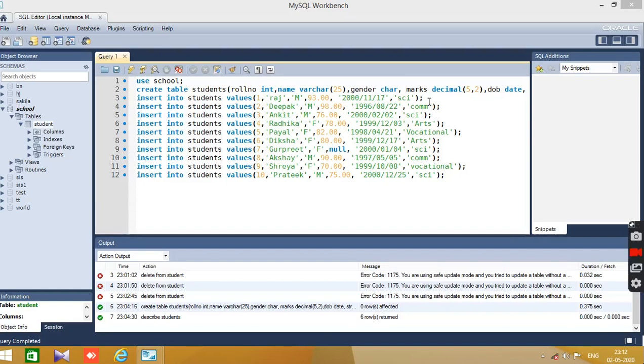Now today we are going to learn select clause. You will learn how we can select all the columns, a particular column or number of columns, and two new keywords, null and distinct. So as you can see on the screen, there is a table